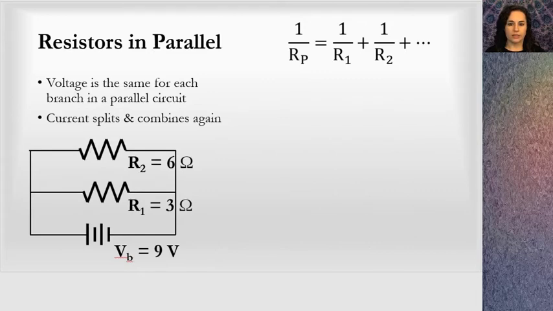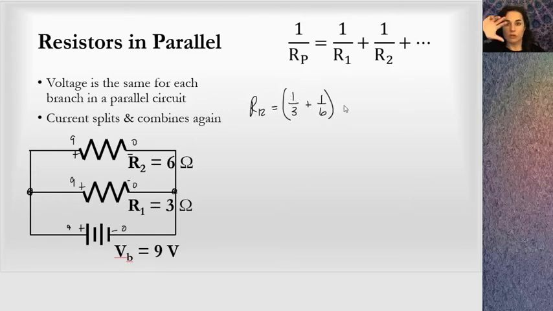Again, I assigned 3 and 6 ohms for R1 and R2 and have a 9-volt battery. What I know is that there's 9 volts across each one of these resistors, from 9 to 0, 9 to 0, 9 to 0. This is the plus side and the minus side. I assigned signs to all of them. Let's find R12. Well, I would take 1 over 3, which is R1, plus 1 over 6, which is R2,